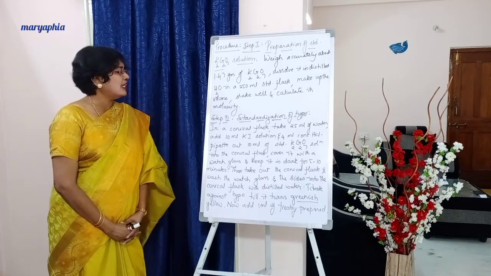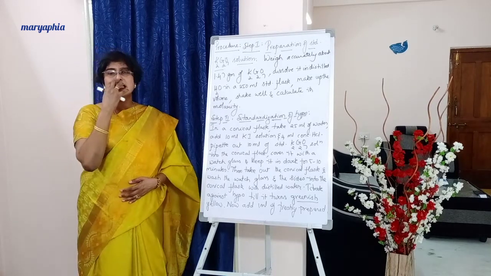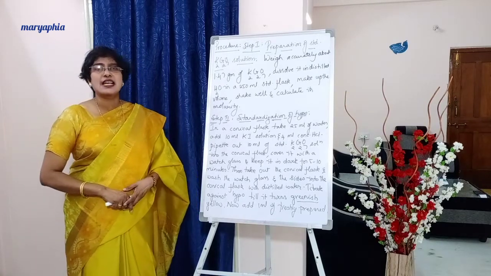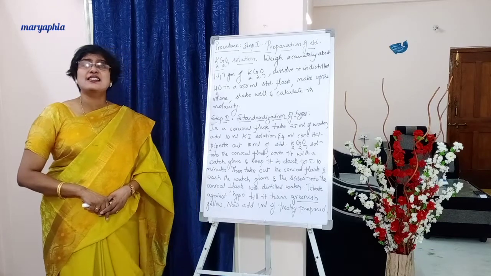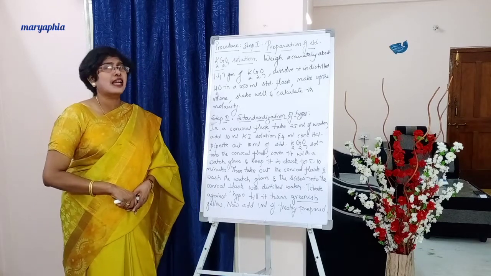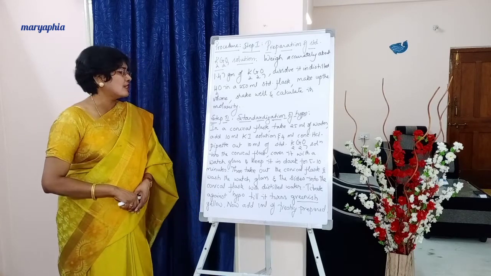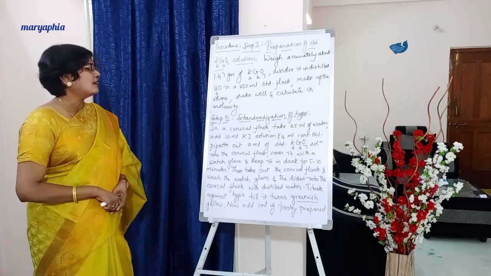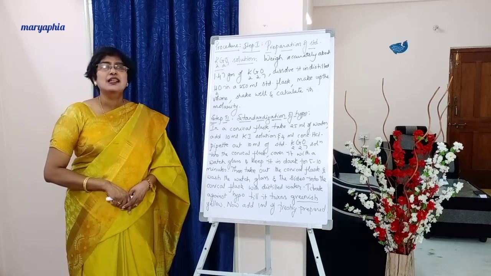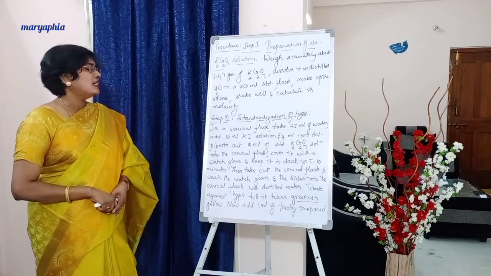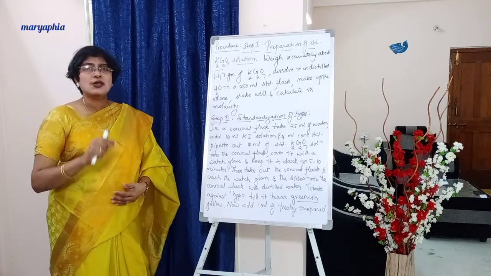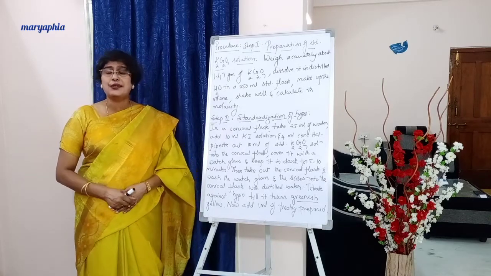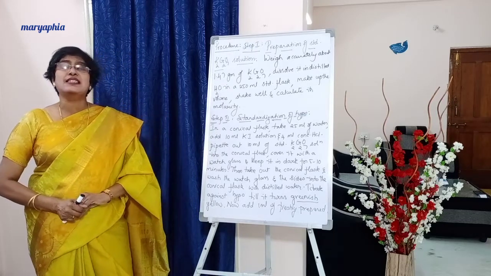Okay. Next comes the second step, standardization of hypo. So as I told you, hypo is the secondary standard substance and it is standardized by using standard K2Cr2O7 solution. So carefully write down the procedure, students. So write down in a conical flask, take 25 ml of water. So underline all the reagents that we are adding here, students, so that it will be easy for you when we are performing the experiment in the laboratory.